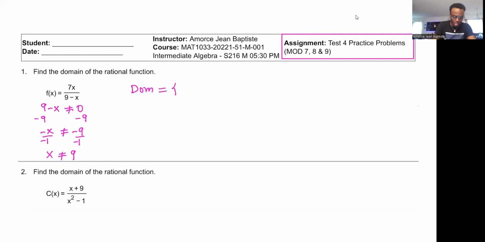So that's the set of x such that x is a real number and x is not equal to 9. And interval notation of the domain